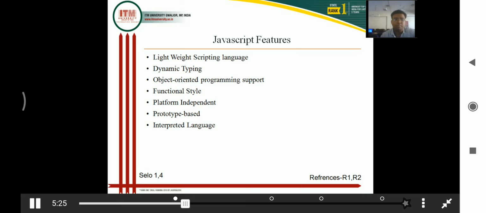It provides many features of an object-oriented programming language, like class, object, encapsulation, and abstraction as well. JavaScript is platform independent, so regardless of the operating system, you can execute your JavaScript program on any operating system. And definitely JavaScript is an interpreted language. No pre-compilation is required. You just write your program in any text editor, save the program using .html, and execute it as you execute an HTML program.